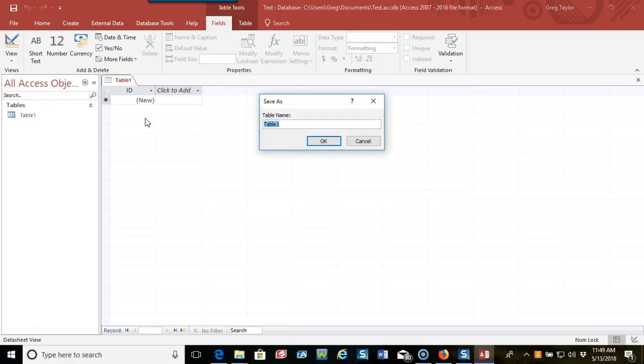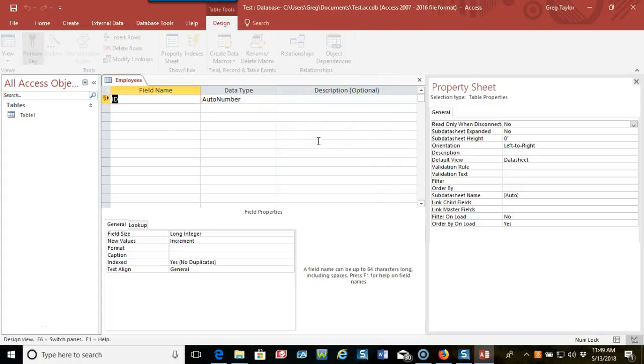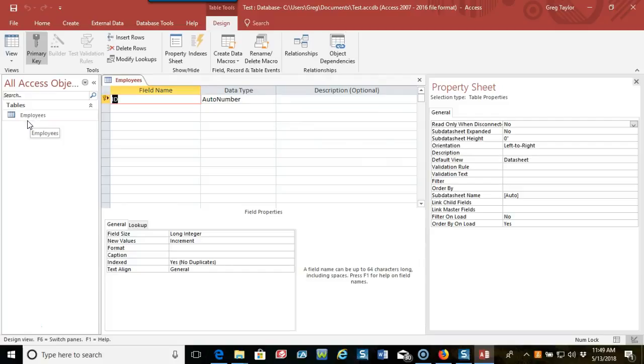In the design view, click on that and it'll give you a save as. Let's go ahead and call this employees. Go ahead and hit OK, and you'll see it changes the default name, and it brings up the field matrix here. We'll explain primary key later on in the class, but it defaults to ID and an auto number, which is a sequential number generated as a primary key by Access. We're going to change this to employee ID